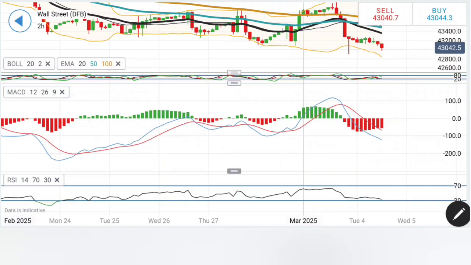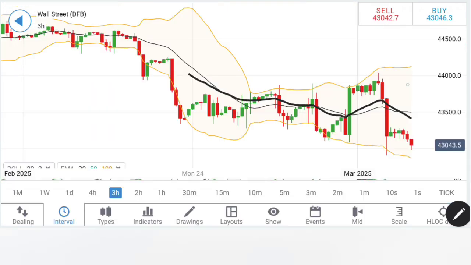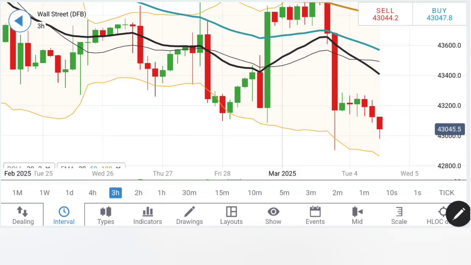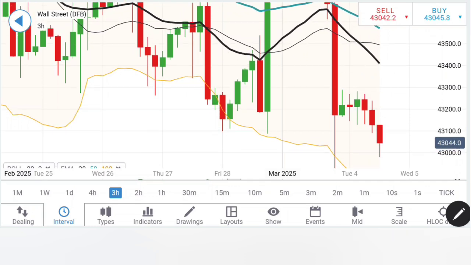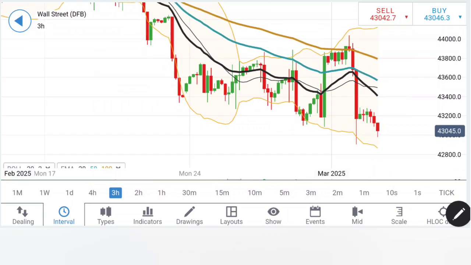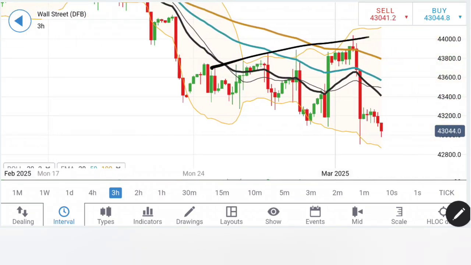Things are getting oversold, but it still has room for further drop. However, I will say on the downside, we need to exercise a bit of caution. Look at the 3 hour chart, see higher lows, it can still bounce back. And now the very important level is at 43,300. That is the level beyond which you can expect the next round of rise, which is going to take it all the way. See, what we had seen in the last few sessions, we have seen swings here,